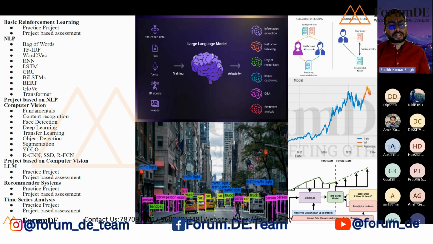Then you can use that data to come up with models like ChatGPT. Similarly for recommender systems and time series analysis, some projects will be there, like collaborative filtering and content based filtering. You will design something similar to how Netflix or Amazon Prime Video perform collaborative filtering or content based filtering. And for time series analysis, you will be given some stock market data and you can work on that project. So is it clear, Rushikesh? Yeah, sir, got it. Thank you.